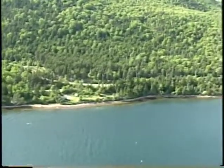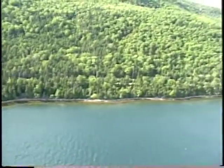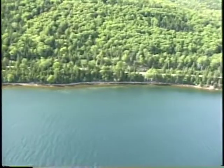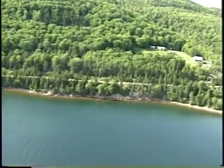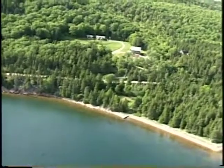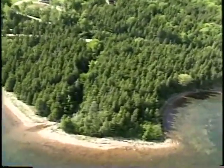Out in the outer part of the channel, there's intense scallop fishing and drag marks noted in a cruise in 1992 that they looked at. We're still